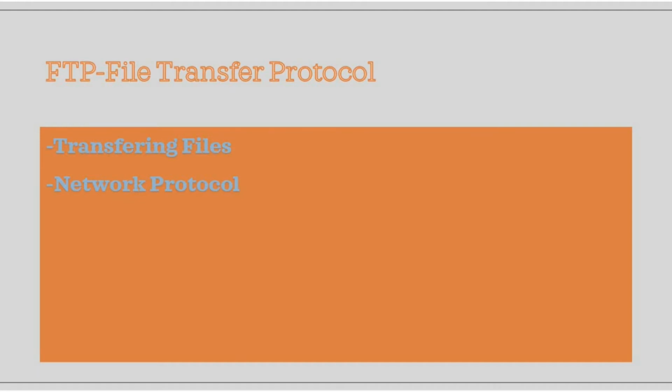This is the most common protocol. FTP is a standard internet protocol provided by TCP/IP that is used for transmitting files from one host to another. As the name suggests, it is a standard for transferring files over the internet. This is a widely used network protocol. If we send files using FTP, files are either uploaded or downloaded to the FTP server. When we are uploading files, the files are transferred from a personal computer to the server. And when we are downloading files, the files are transferred from the server to our personal computer.